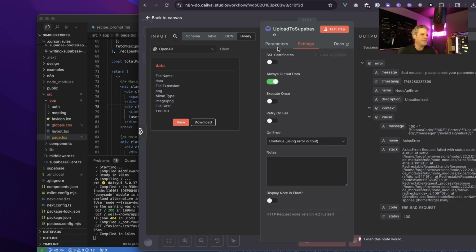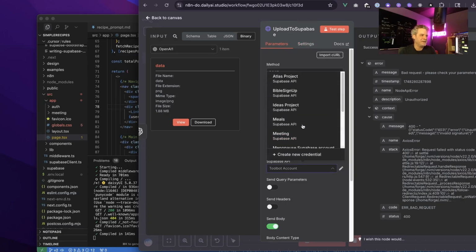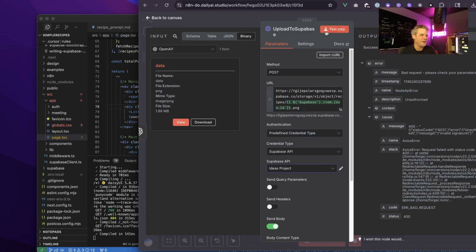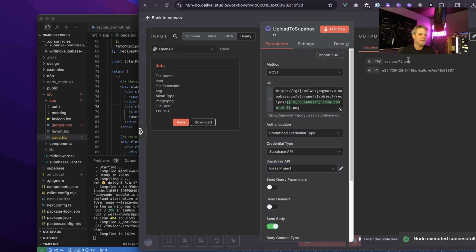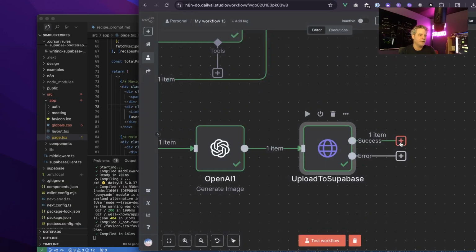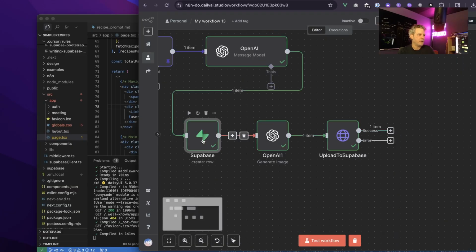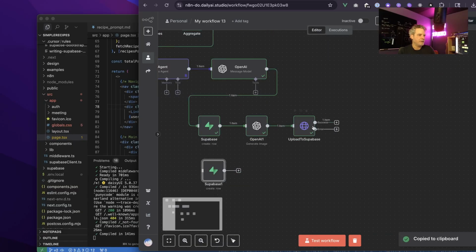Unauthorized. Oops, I used the wrong parameters. This is nice too. We can just do this and grab from many of our places. Here we go. Okay, there we go. So now we have a recipe URL. There's so many ways to do this. I'm going to just take the easy way for a moment. And I'm just going to copy this over, and we're just going to go update that